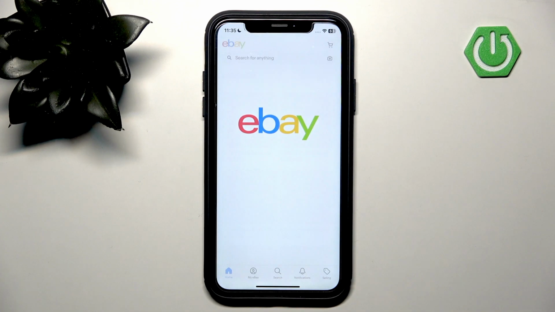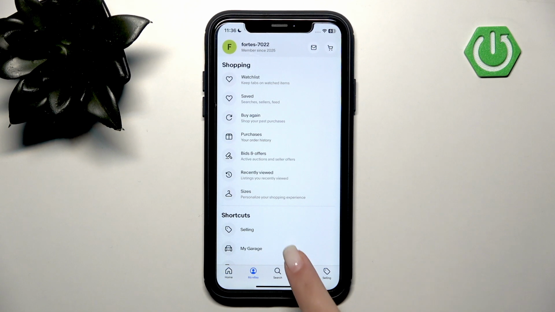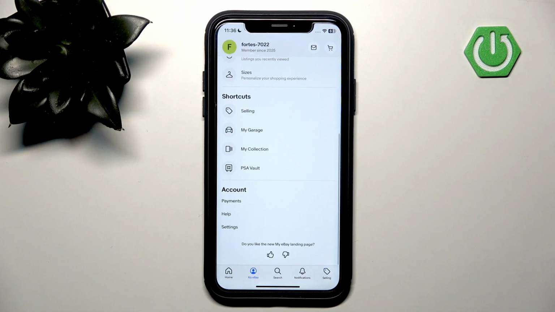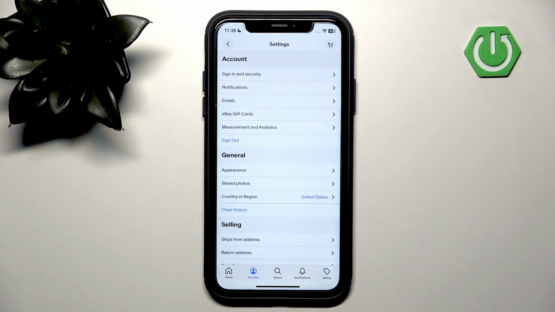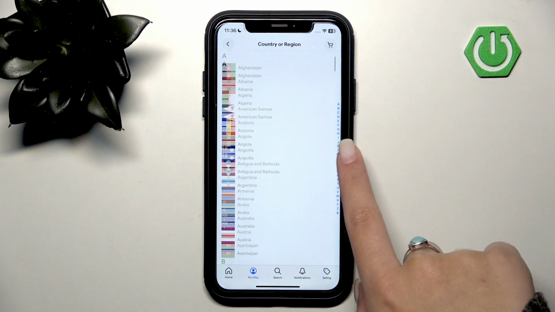Open the eBay application on your device and then enter the My eBay section that is located at the bottom of the screen, and then scroll down and you see here the account section and we need settings. Open it, and here in the general section you'll see here country or region,